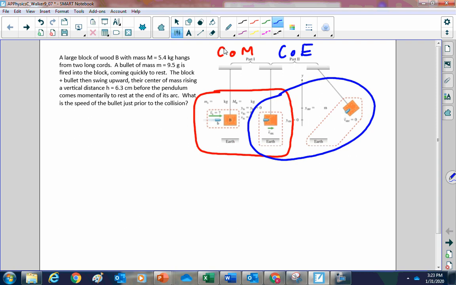But we do know that it swung up to a certain height. Labeling this, from the center of mass here to the center of mass here, this height is 6.3 centimeters, or 0.063 meters, the final height above where it began. So I'm getting some potential energy there. When I do part two,